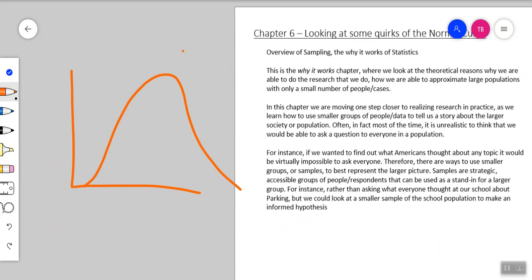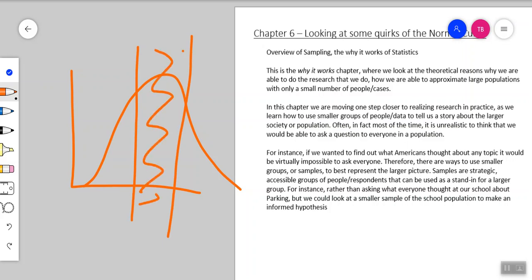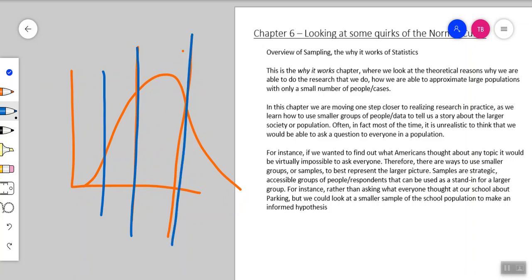So we've talked about the sameness, or how the majority of information falls right there in the center. We've talked about differences, on how the variability from both extreme ends. We've also talked a bit about how these things are evenly distributed based on standard deviations and what information we can get from that. So today we're going to go to the next step in how do we turn a